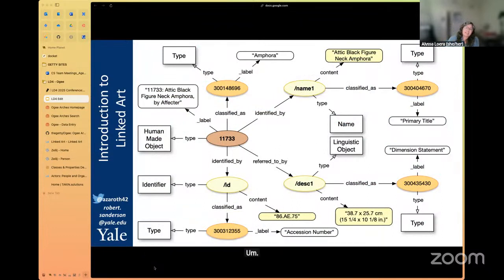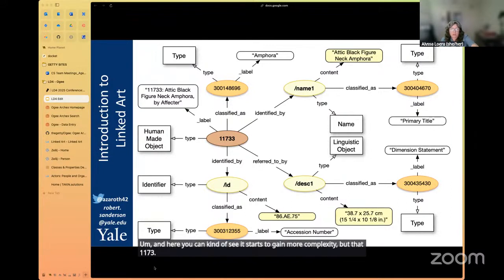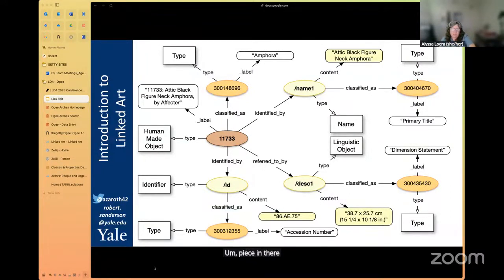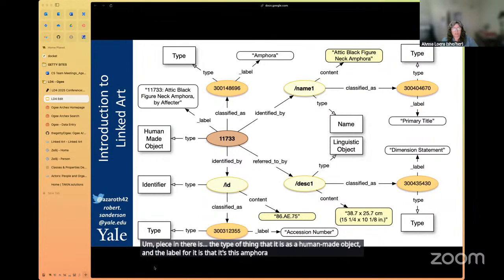And here you kind of see it starts to gain more complexity, but that 1173 piece in there is the type of thing that it is as a human-made object, and the label for it is that it's this amphora, and it kind of explodes out into these different pieces where it's identified by an identifier, it's identified by a name.